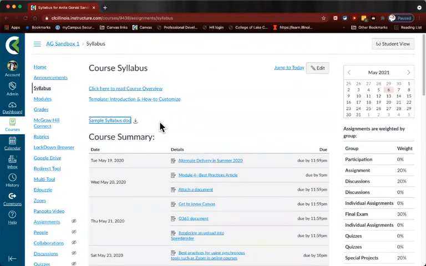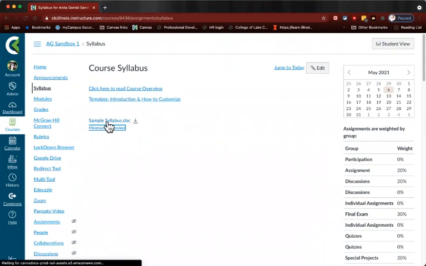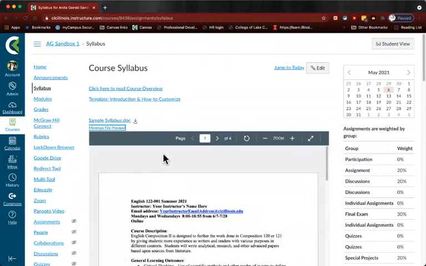If you want to see your syllabus, though, if you want to see the hard copy of it and potentially even download it to print it out, you would just click on the title. It would open it up in the preview, and then you have the option using this little icon right here to download a copy to your computer if you want to save a copy or potentially print a copy. Some people like to check things off as they complete them.